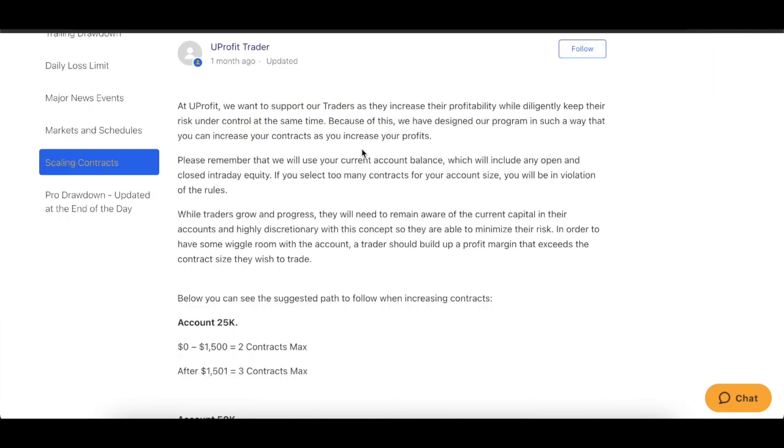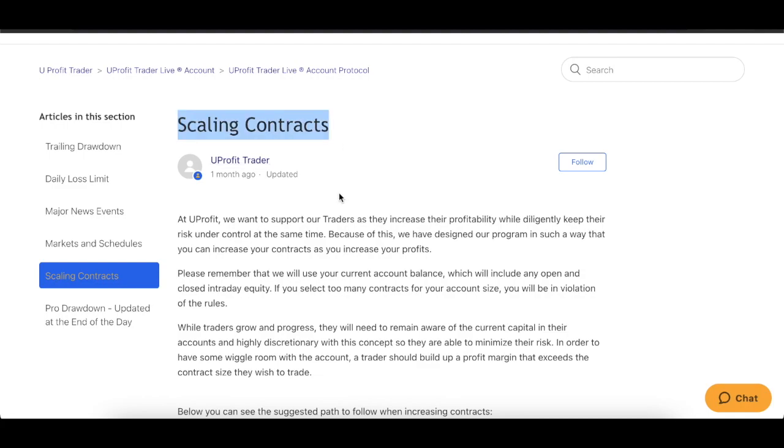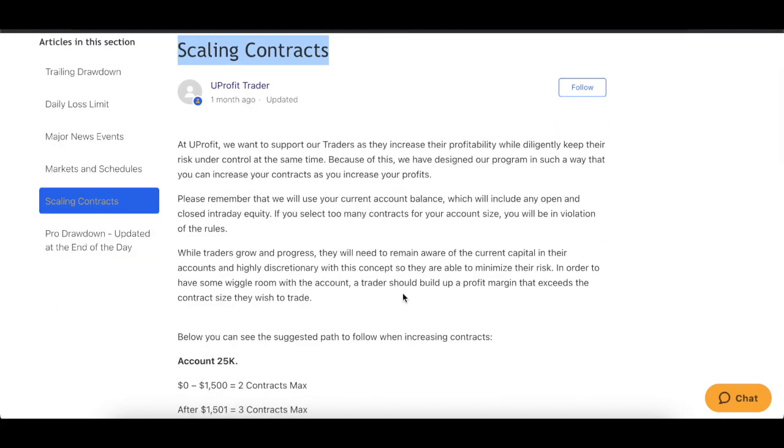I kind of like to jump ahead. I'm assuming I'm going to pass. Let's look at the rules that I'm going to have to abide by once I pass. Scaling. So again, we mentioned already, you have your full clip available during the evaluation. That is great. Again, similar to OneUp. I'm a big OneUp fan, I've mentioned before. So right in line with that, you don't have to scale during the evaluation phase.